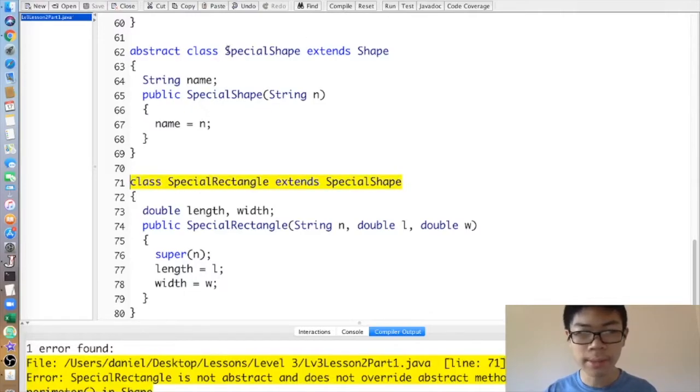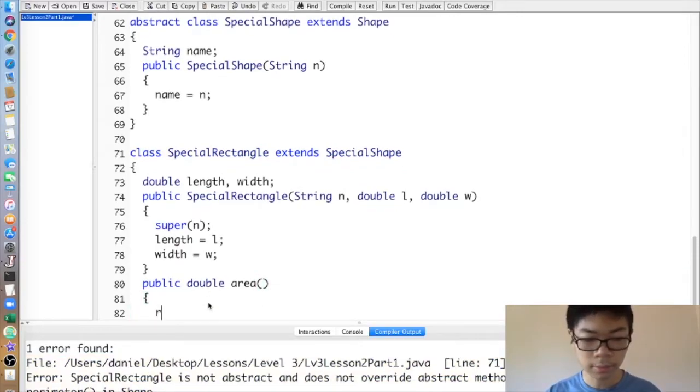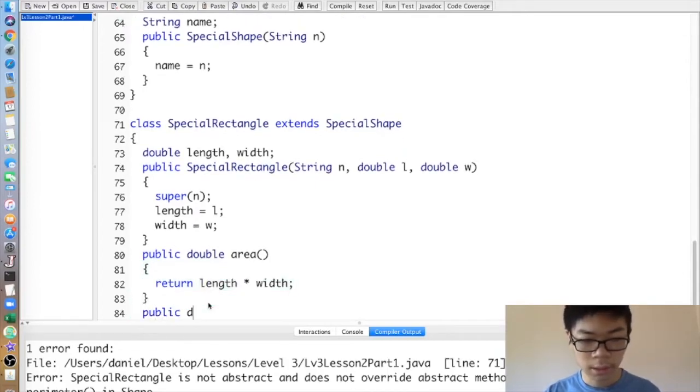Remember that SpecialShape extends Shape, which means that it inherits abstract methods area and perimeter. Therefore, we need to override the area and perimeter methods, since SpecialRectangle is not an abstract class. So public double area, again, just return length times width, public double perimeter,